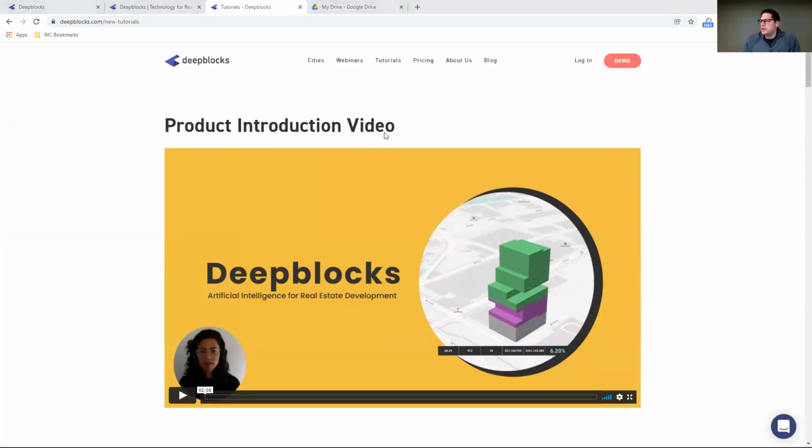We do have a question here. Do you partner up with the MLS? That's a very good question. We do have listing data that we work with, in the sense of certain areas on Deepblocks that show properties for sale. But here at Deepblocks, our main premise is to show all off-market deals as well. We want to give a blank slate of what is available out there. And in that manner, if you find certain parcels or see an assemblage that makes sense, you can then contact the owner or work with your network to approach the owner of those parcels to develop what you see fit for your particular project.